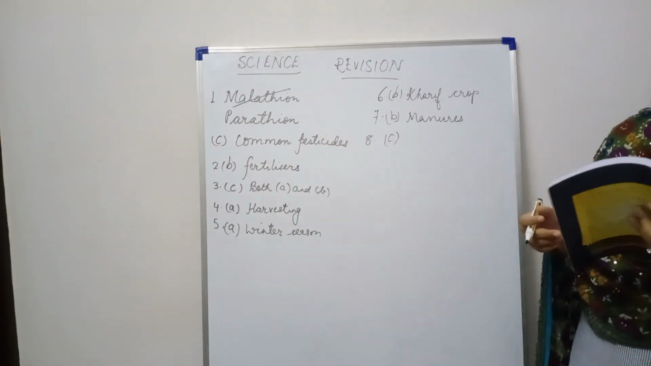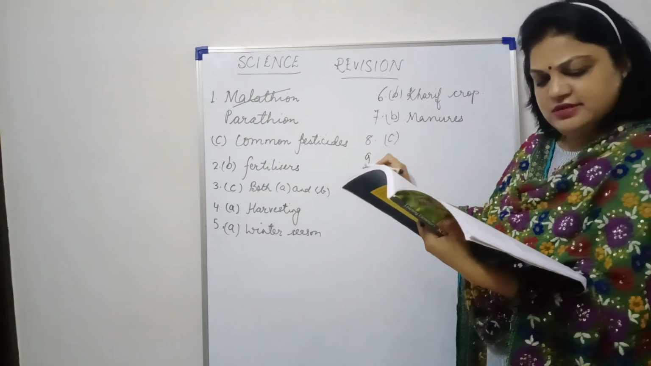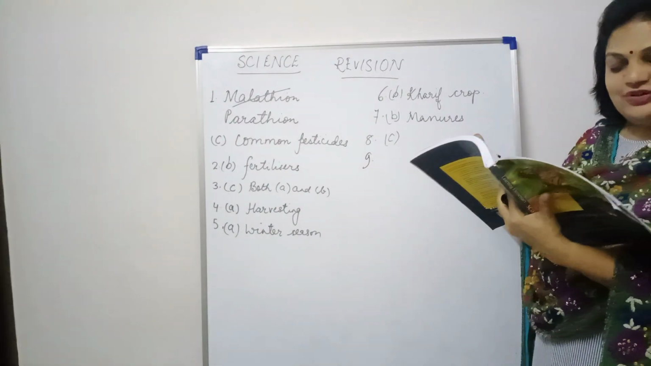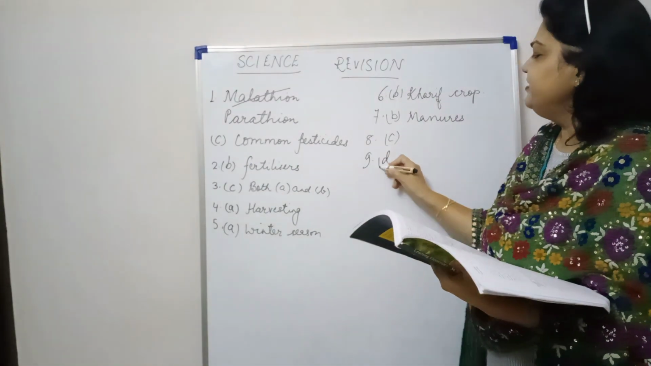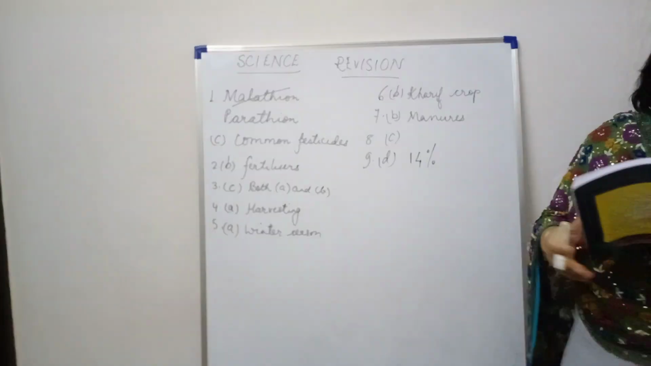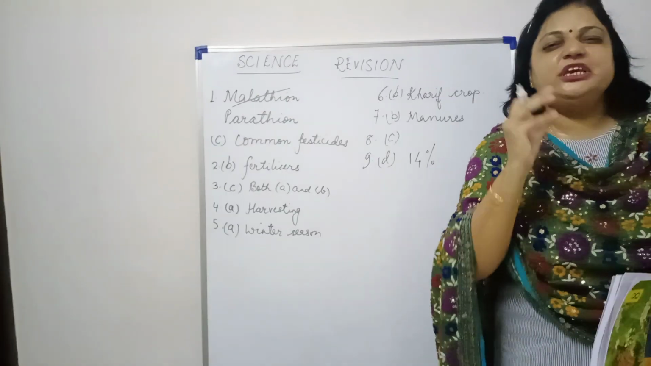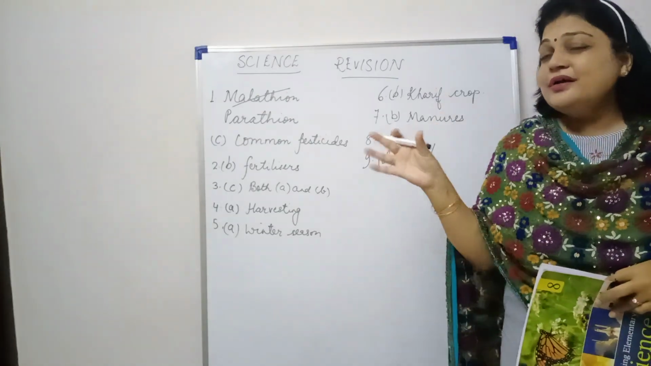Now let's switch over to the next one, that is 9th. For safe storage of cereal grains, moisture content of the grain should not be more than, so it's D which is correct, 14%. Now see children, these days you must have observed that when your mama, she keeps dal or some other